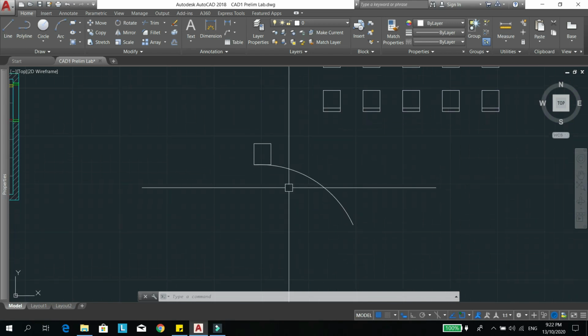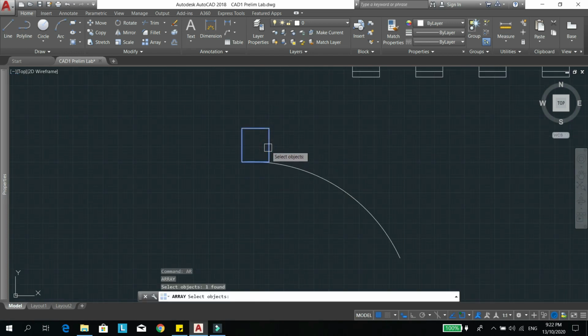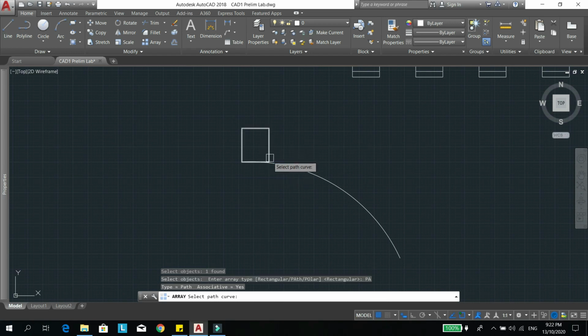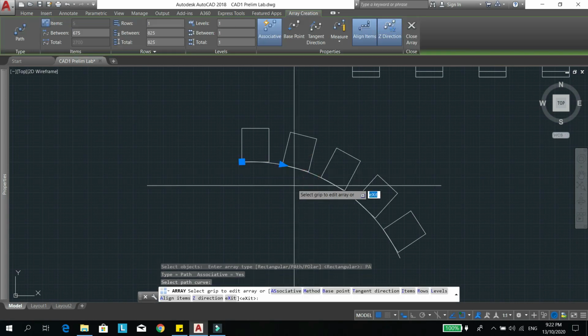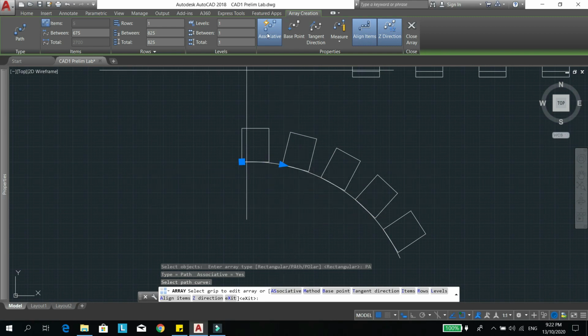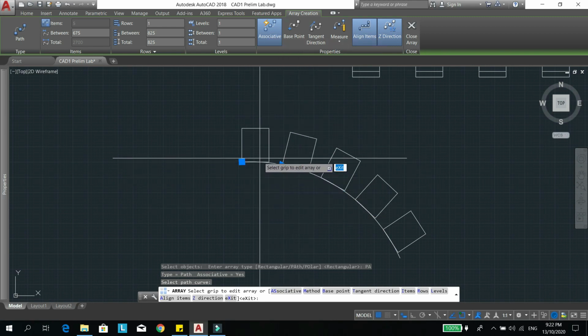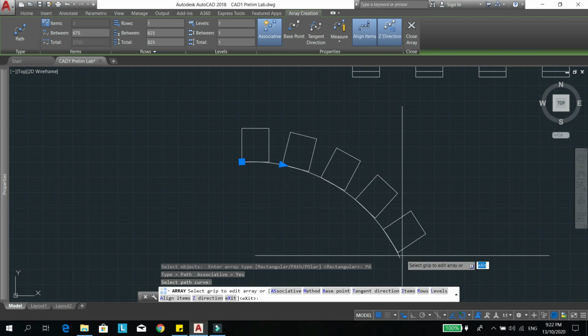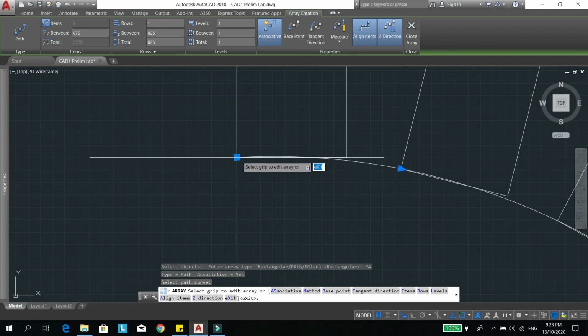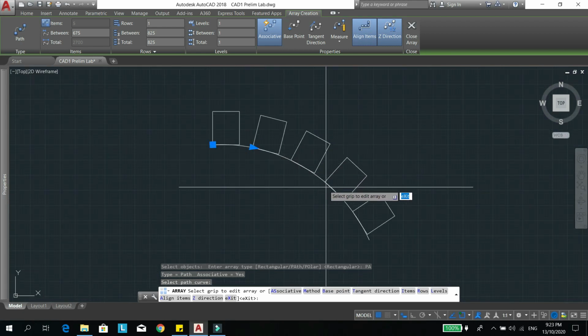So, AR, press enter, then select the object. Then, click the path or type PA. So, select the path curve. So, this is my path curve. So, here, kapag nakaklik yung associative mo, naka-follow siya doon mismo sa path. Meaning, yung object mo, dikit doon sa kung ano yung itsura ng object mo dito, hindi din magiging itsura ng object mo dito. Once na in-uncheck ko siya,